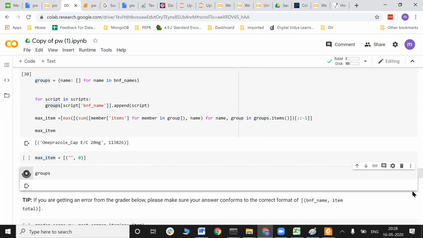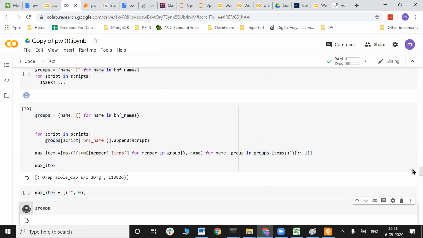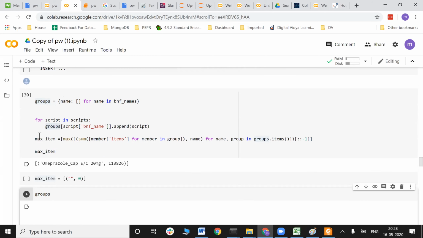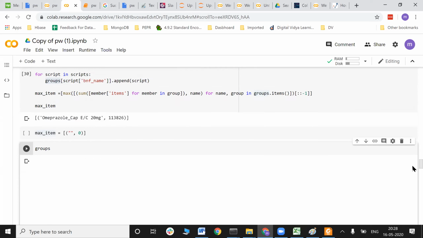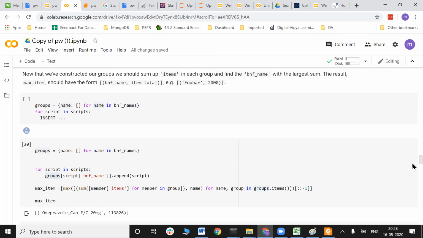It is taking a lot of time to load. But let me try to decode it for you by the time it is getting printed. Okay, it is loaded now. Anyways, let me try to decode it for you.